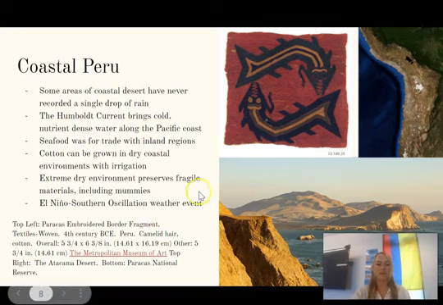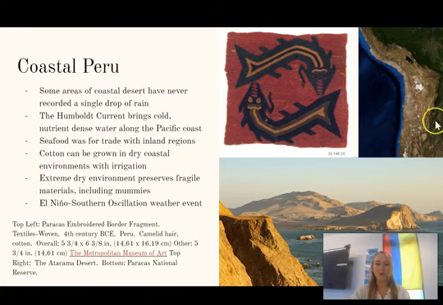Another really awesome fact about all of this super well preserved organic material is that it can be radiocarbon dated. So radiocarbon dating only works with organic materials, so materials that were once alive. Scientists can measure the breakdown of carbon in those materials. I believe we talked about this in the introductory lecture to art history, but yeah, that's really amazing for our archaeologists to have access to those materials.